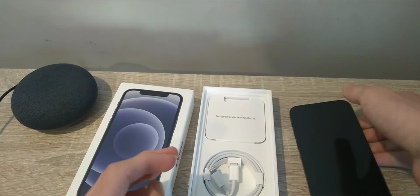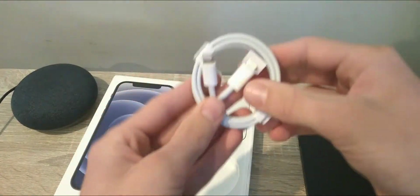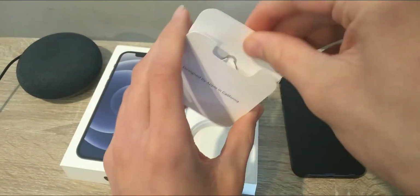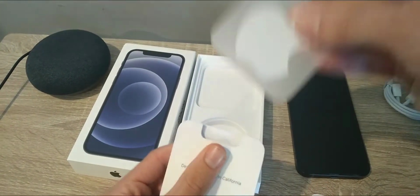Let's see what else is in the box. We got the USB-C to lightning cable. Very nice. Try and get this camera. In here, got SIM card tool, some information, Apple sticker,